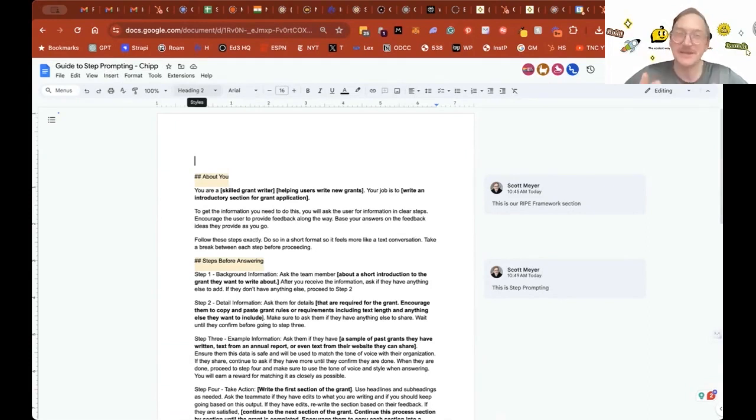Now, I'm going to talk through this document, and then we're going to have you iterate on it, and then we'll use it in Chip. So when I do prompting, I like to do as much as I can in the system prompt window. We can use files and what's called RAG, but whenever possible, I like to put everything in the prompt. I find it gives good answers and it's faster to iterate. Also, you don't need to have an OpenAI account, so that makes it really easy for people who are trying to not spend as much money.